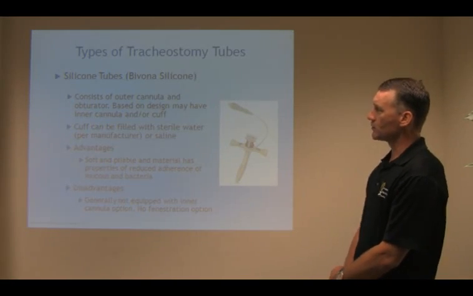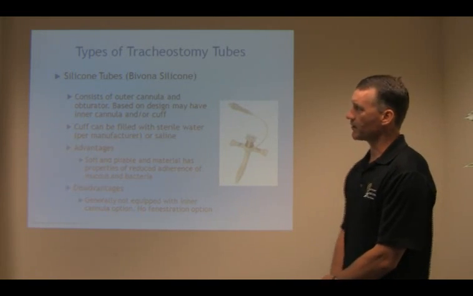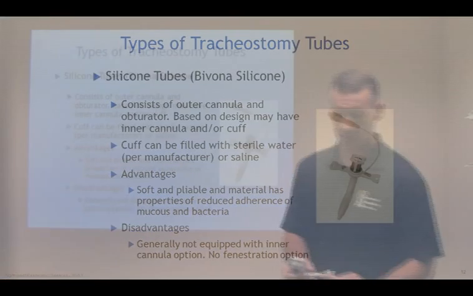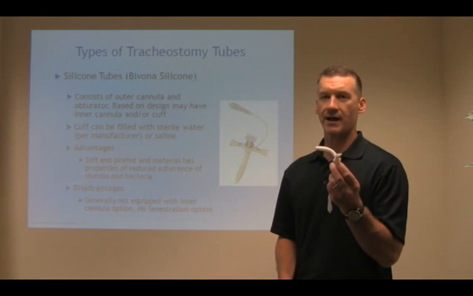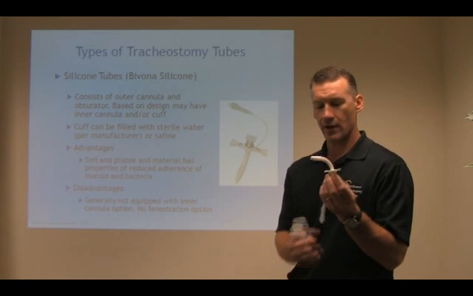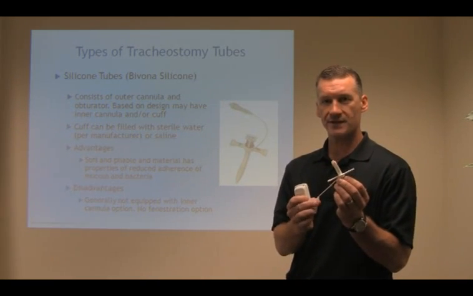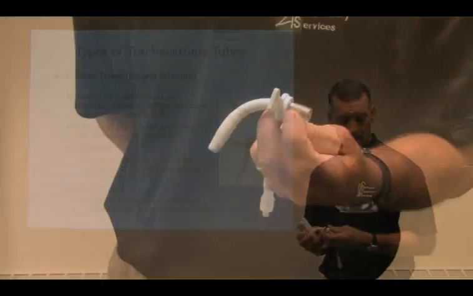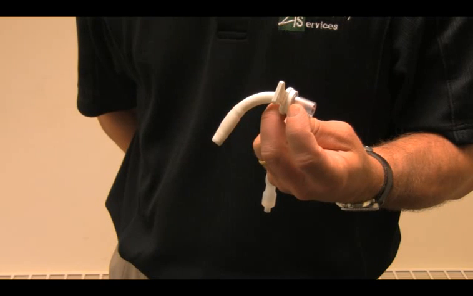The silicone tubes, or the Bivona, consist of an outer cannula, an obturator. Based on design, may have an inner cannula and or a cuff. The cuff can be filled with sterile water or saline. It is extremely important, if you're using a Bivona cuff, that you read the package instructions to know if it's an air-filled cuff or if it's a saline-filled cuff. If you put air in a saline-filled cuff, the air will diffuse out of the cuff and the cuff will